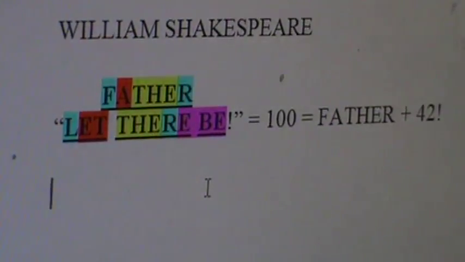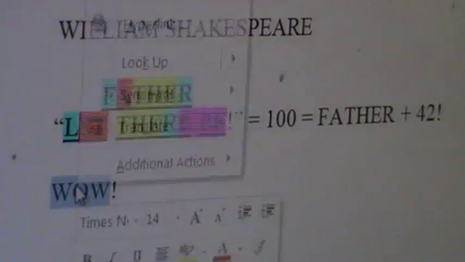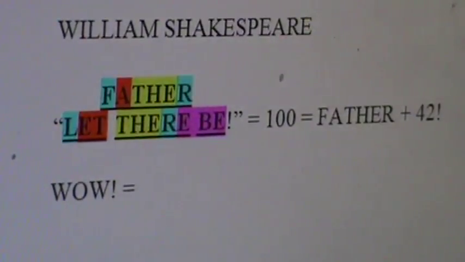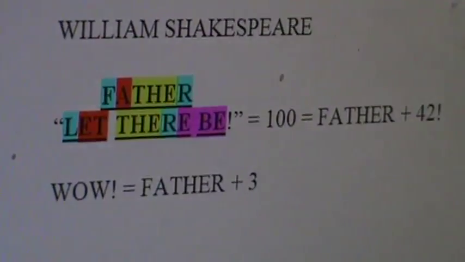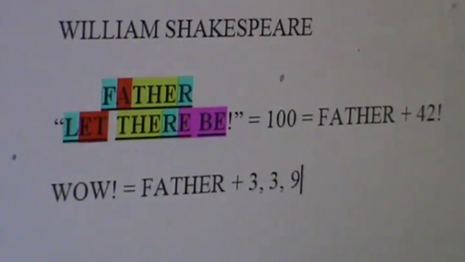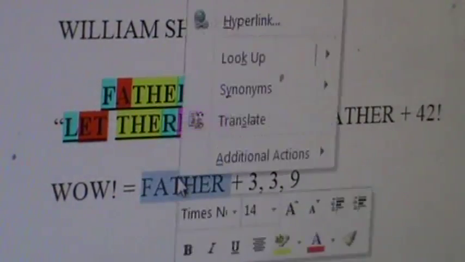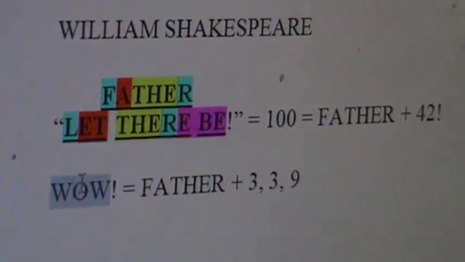You saw it here first, folks, that Father owns the letters. Let there be. Wow. And by the way, the word wow parallels Father. In fact, wow is 3 points higher than Father. Wow is Father plus 3 in exactly 3 letters, 9 strokes. Just like Father is 6 letters, 18 strokes, everything divides by 3. So when you say wow, you're actually saying Father. You're pointing Father, okay? Father. Wow. Let there be. Look at that.